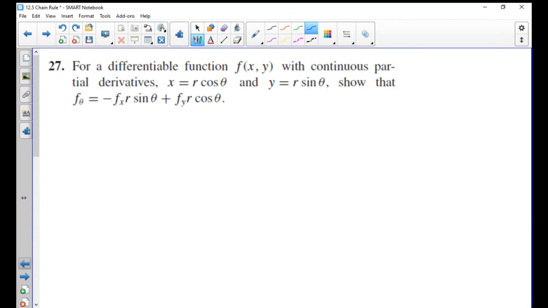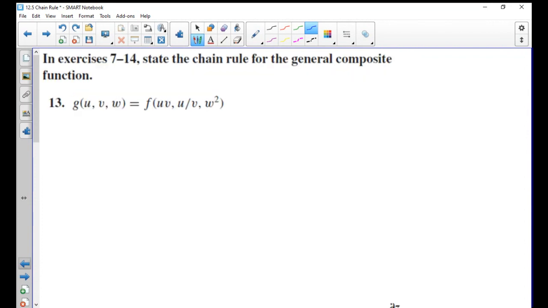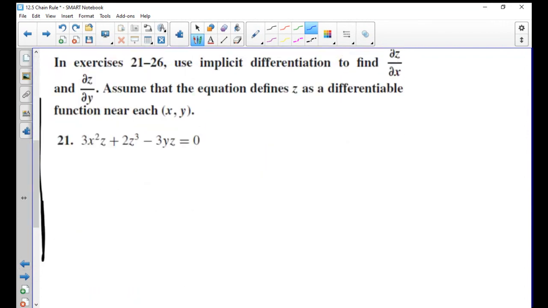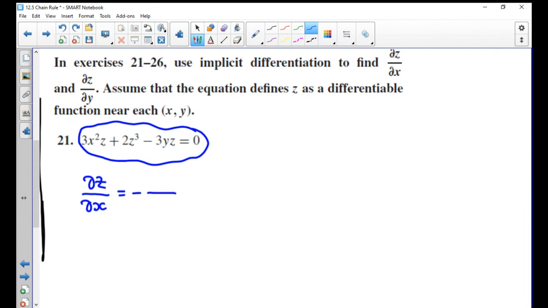Chain rule, I just want to do one on implicit differentiation. So I want to show you some examples on implicit differentiation. Here is an equation which defines z as a function of x and y, and I want to find dz over dx. By the way, these are the type of questions you will see in the exams. We give you an equation like this, and we want to find dz over dx. Okay, so the rule says this will be